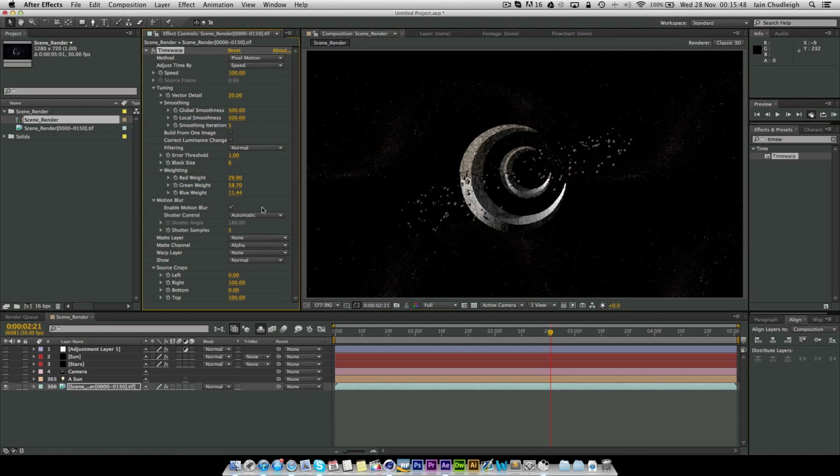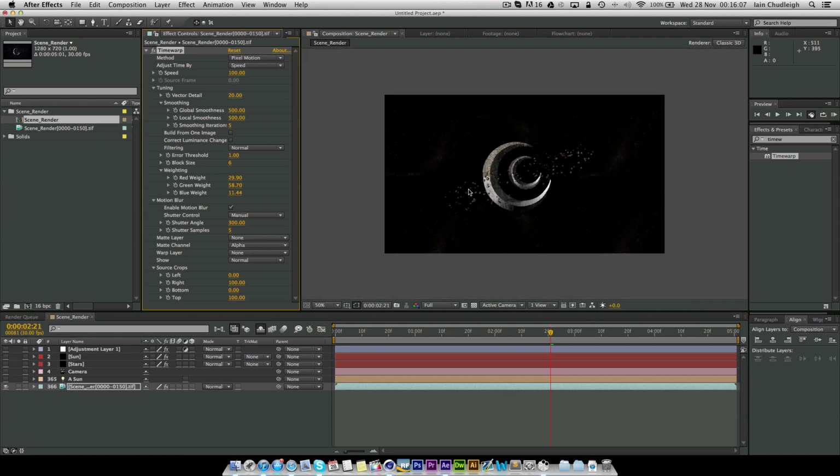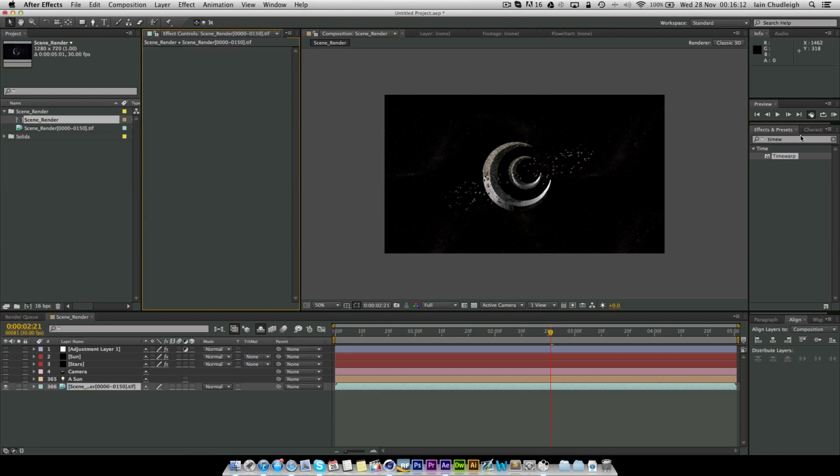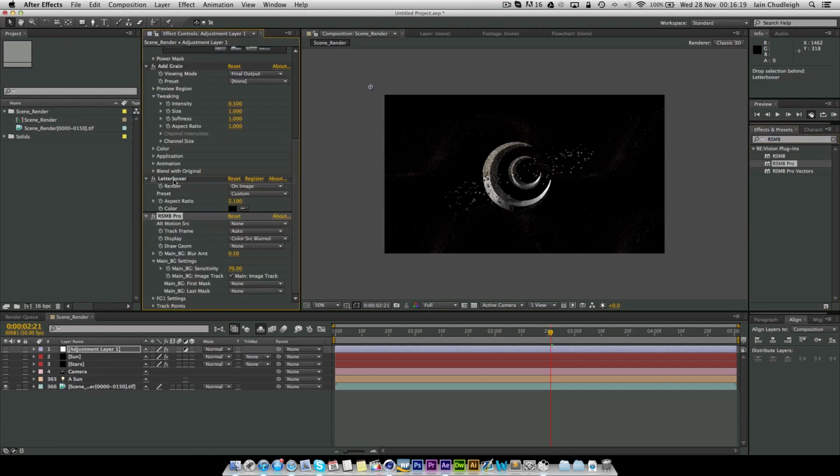And if we enable motion blur and change the shutter control to manual and change this to something like 300, this gives a really subtle motion blur effect, especially to our asteroids. But the plugin that I use is called Real Smart Motion Blur, and I'm just going to drag this onto our scene here,